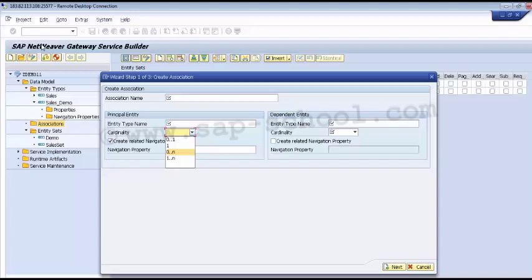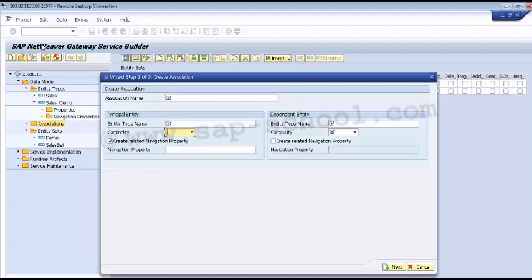If we choose this, then only we will have this enabled, that is the navigation property. It sets a navigation property name for the specified entity type. The name is proposed based on the cardinality of my entity. If the navigation property is created under the principal entity, it sets a navigation link from the principal entity type to the dependent entity type. So this is basically my create related navigation property.